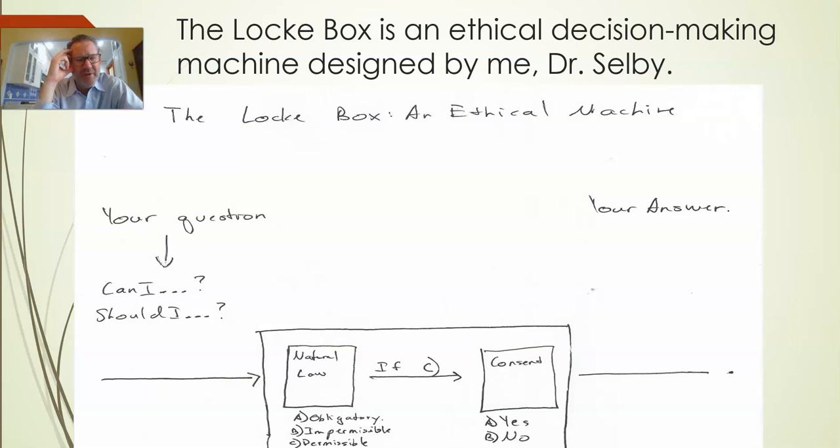So, there you go. When you get to natural law, there are three possible answers. One: whatever we're doing here is ethically or morally obligatory. There's no question about it. You have to do it, okay? Second, you can't do it. It's impermissible. You are not allowed to kill in cold blood, but you probably do have to defend yourself, right? And the third one is permissible if you choose, okay? So natural law is basically silent. It's not saying we can or can't do this. What that means is we'll go to the next question.